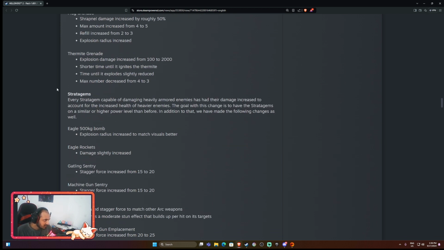Okay. Every stratagem capable of damaging heavily armored targets has had its damage increased. They buffed the 500 kg bomb. Explosion radius increased to match visuals better. Okay, so the radius is...